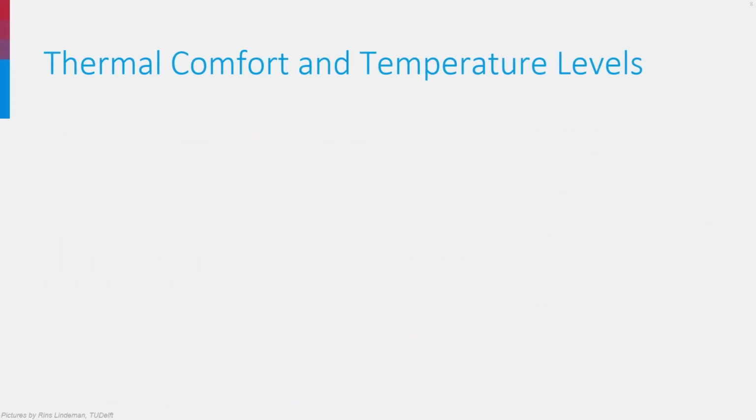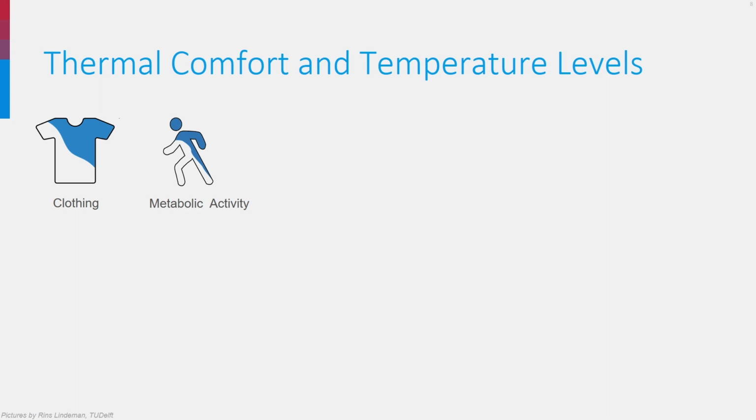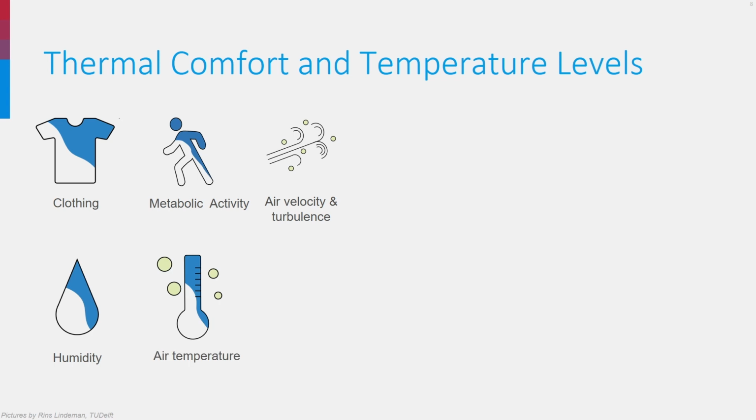Why should thermal comfort problems appear while we calculated the needed power based on the right indoor temperature of 20 degrees and the right, but poor, insulation values of the construction? To answer this question, we need a little bit more knowledge about thermal comfort. Our thermal comfort indoors is affected by clothing, metabolic activity, air velocity and turbulence, humidity, air temperature, and radiation temperature. Let's focus on the last two.